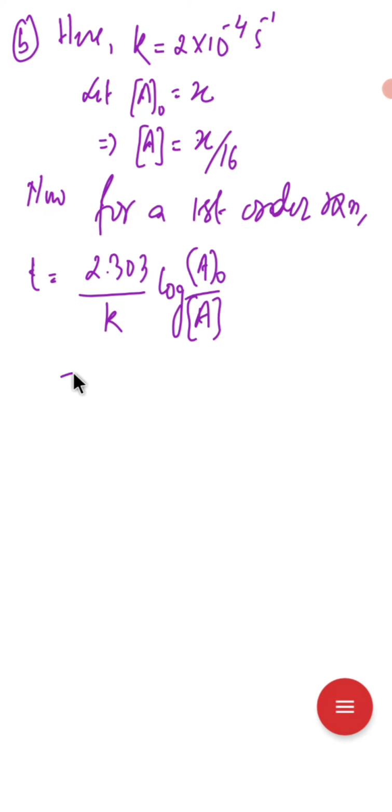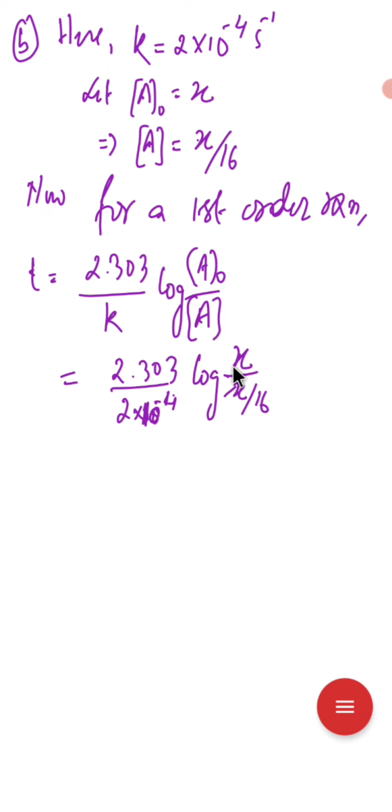So we can substitute the value of k, a and a naught, right? k is 2 into 10 to the power minus 4, and a naught is x. I'm substituting a naught by x, and a by x by 16, x gets cancelled out, and we get